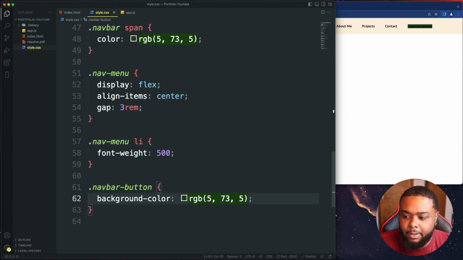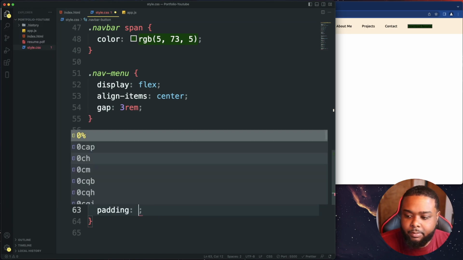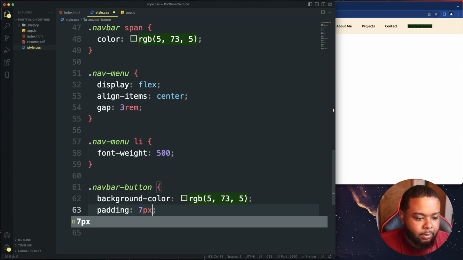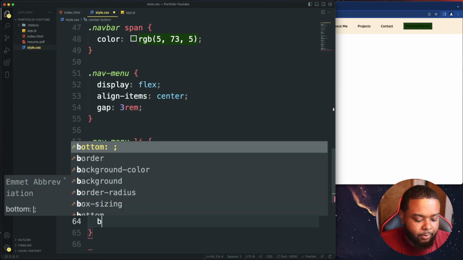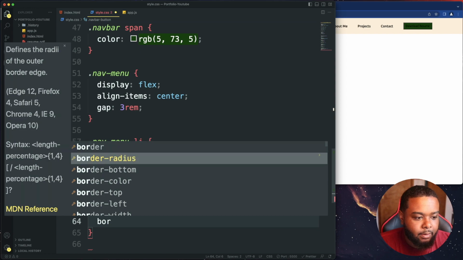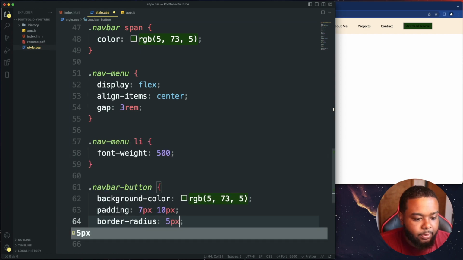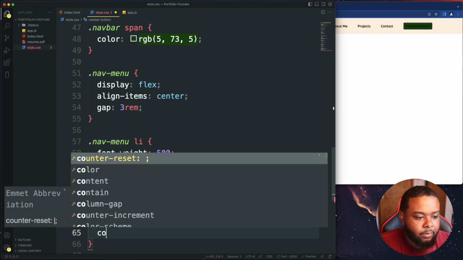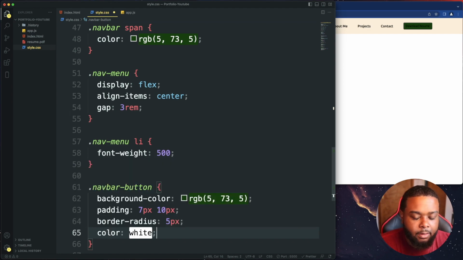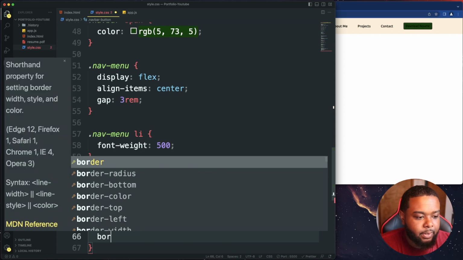Gonna do RGB, like RGB green. And we're gonna do a padding of 7 pixels top and bottom, and 10 pixels left and right, a little bit big. And we're gonna do a border radius of 5 pixels, a little rounded on the edges. We're gonna do a color of white, a border of none,